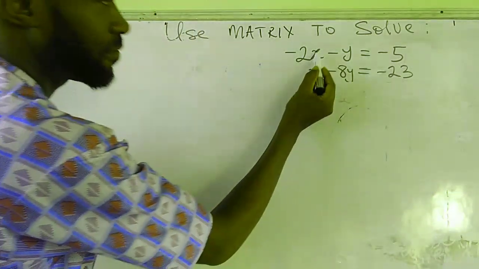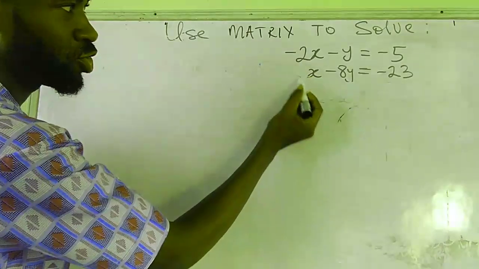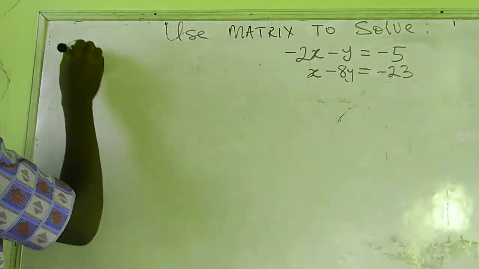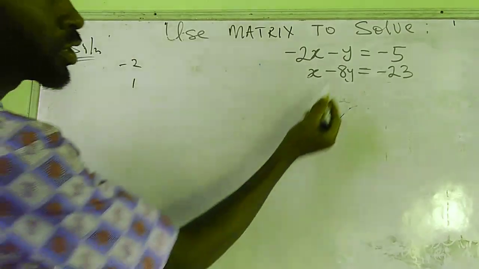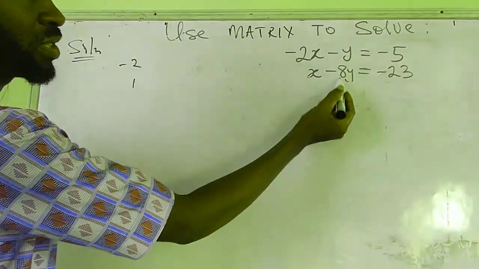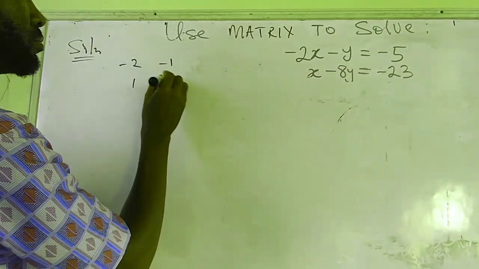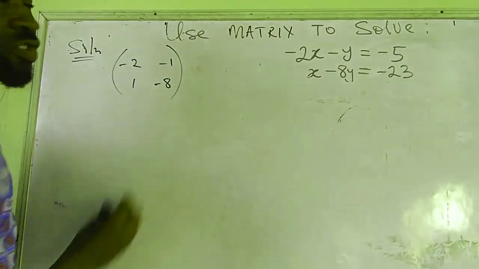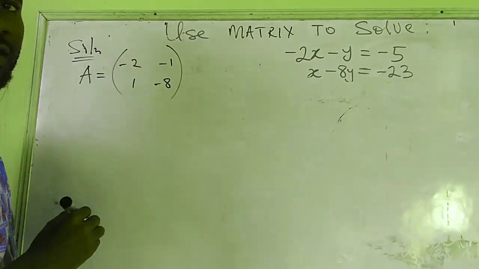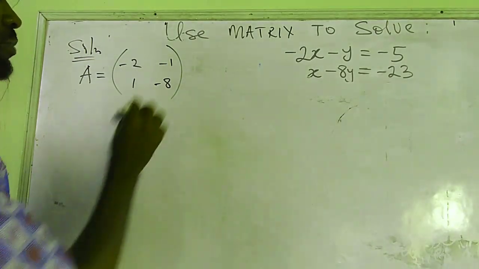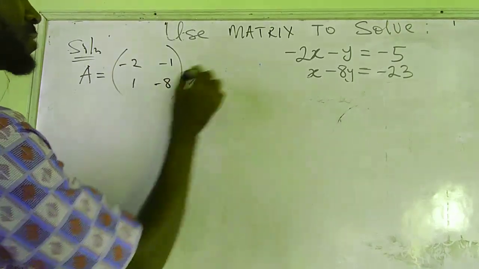Now the coefficients of x here are -2 and 1. So my solution, alright, -2 and 1. The coefficient for y here are -1 and -8, -1, -8. So I'm going to use this to form a matrix, and I'm going to call this matrix A. Now the next thing I'm going to do is this. I'm going to find the determinant of this matrix A,